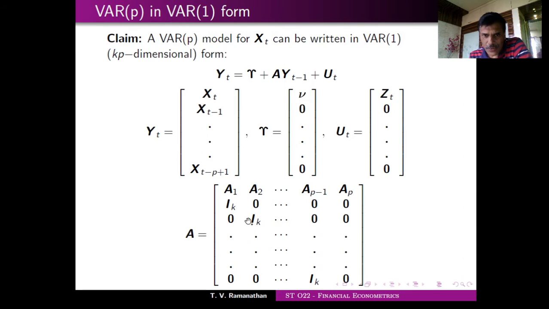Third row is 0, I_k, etc. This 0 is not a scalar, but they are matrices. Okay, this 0 is a matrix of order k. I mean, like I would say this is because A1 is a k by k, so this is a k by k. This also has to be k by k because otherwise the order doesn't match. Okay, so each of them is a matrix, not even a vector.